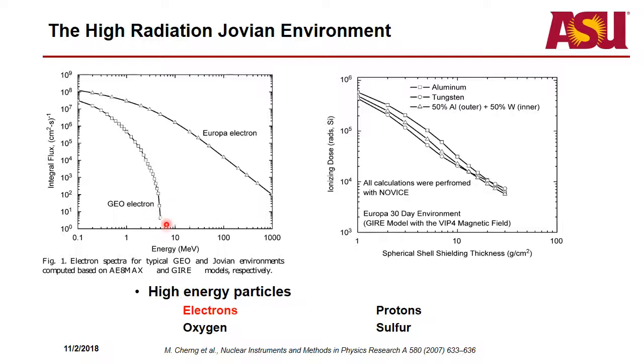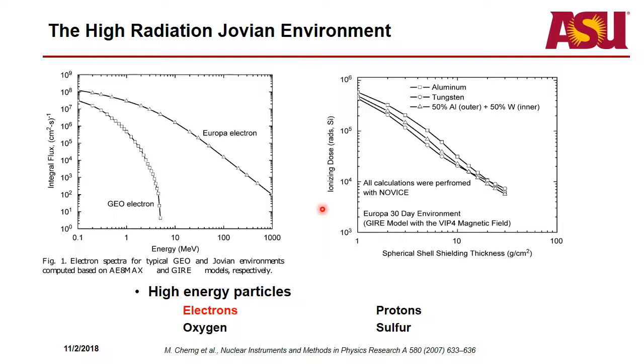So here I have on the left plot a comparison of the electron spectrum for Earth's geo-orbit and for the area where Europa is, which is one of Jupiter's moons. A future NASA mission is planning on going towards Europa to look for signs of life in the ice that covers the planet. And so scientists are starting to examine this radiation environment and figure out to what levels our electronics need